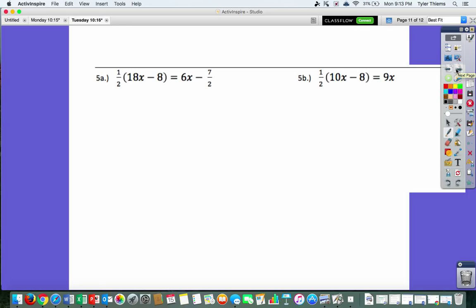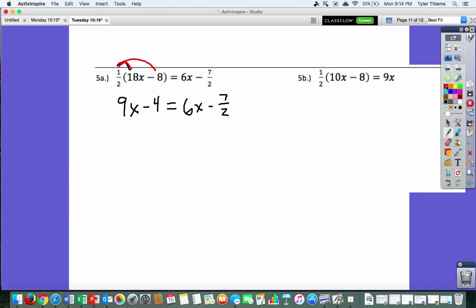And the last one, number 5. Distributive property with fractions this time. So we're going to distribute the 1/2 to the 18x and the 1/2 to the negative 8. So when we do that, we're going to get 9x. Half of 18 is 9, so 9x. Half of 8 is 4. Equals, this side will stay the same, minus